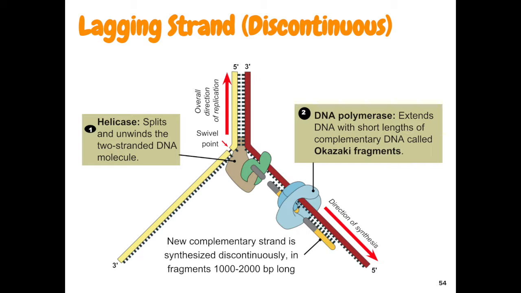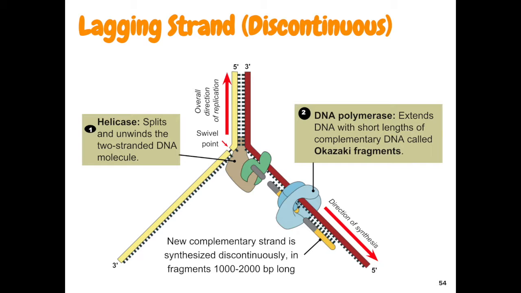And therefore, what's going to need to happen is the DNA is going to be synthesized in fragments, and those fragments are going to need to be joined up to form a single strand. And again, what needs to be used in order to make this happen in the discontinuous strand? Helicase. It's going to start at the origin of replication, and it's going to split the DNA and unwind it to form exposed ends. And then DNA polymerase is going to